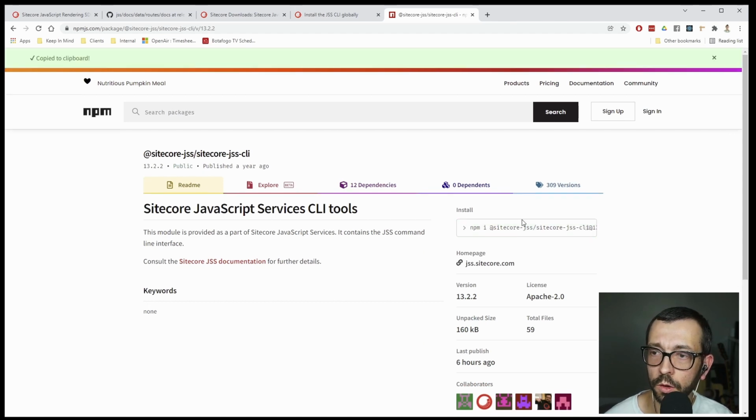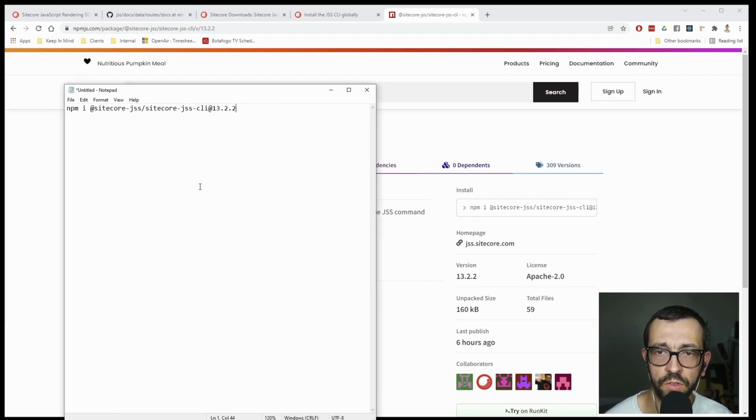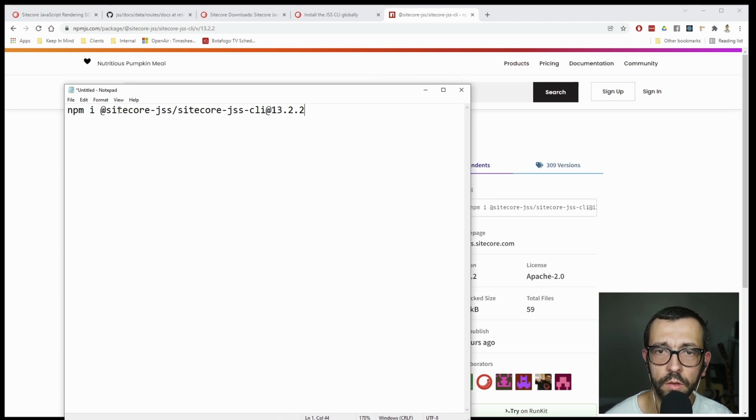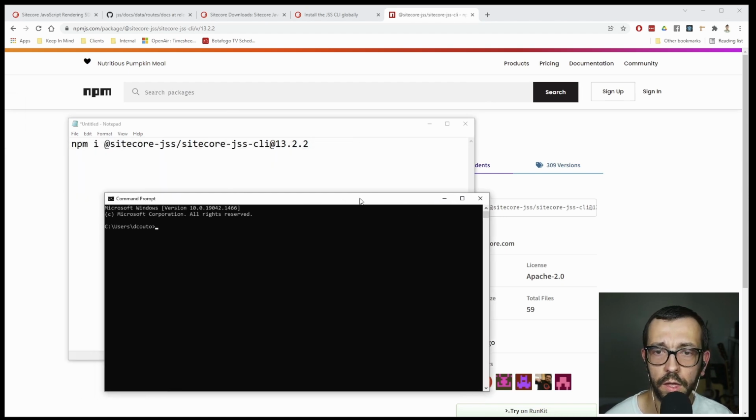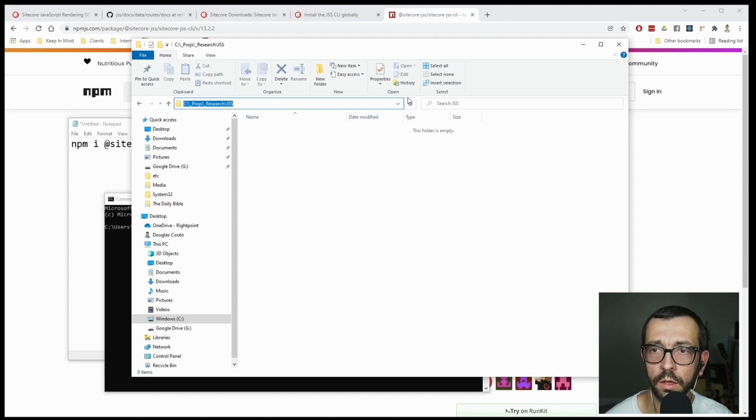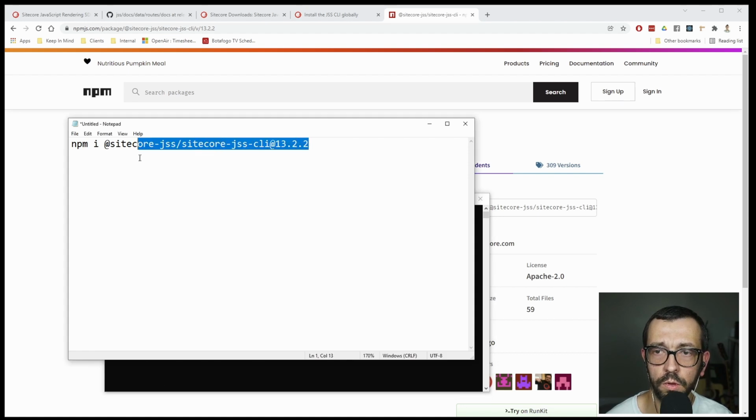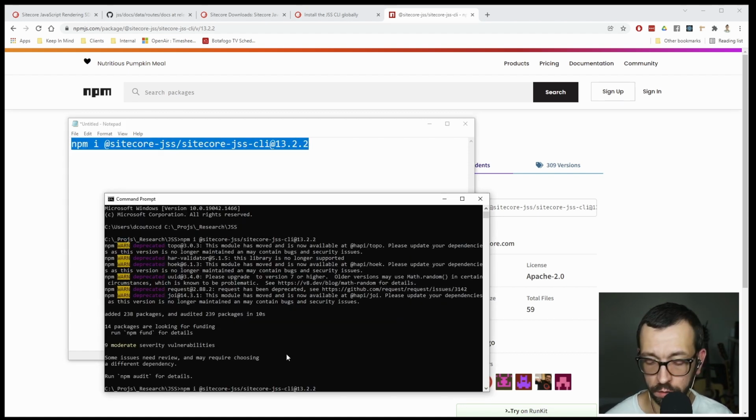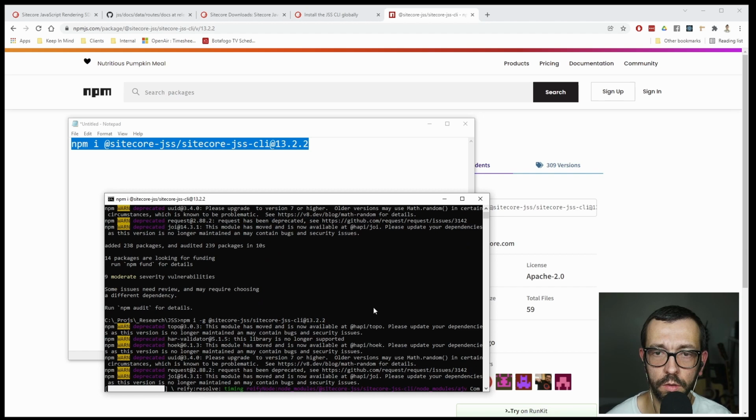Okay, so here's the command that you would use to install that version of the CLI: npm install @sitecore-jss/sitecore-jss-cli with that version. Here's the gotcha. If you install this version of the CLI, which I happen to have installed right now, and you then create a JSS app using this version of the CLI. So let's cd into that folder. Let's install this version of the CLI globally. So we're going to add a -g here, which I already have installed. But if you do that,